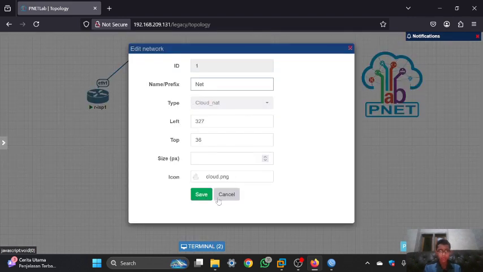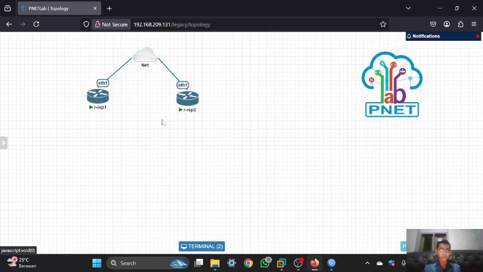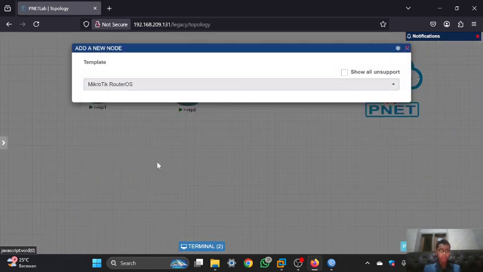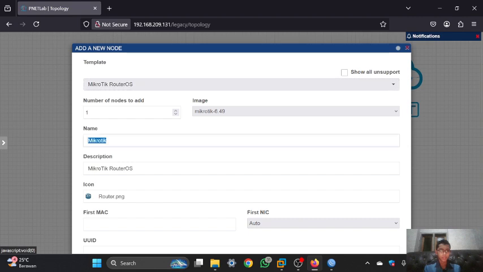I'm using the cloud NAT, and here you can add a MikroTik router that I will set as the ISP. I have two ISPs, which are ISP1 and ISP2, and then you can add a router that is the client. I will name it MikroTik client,